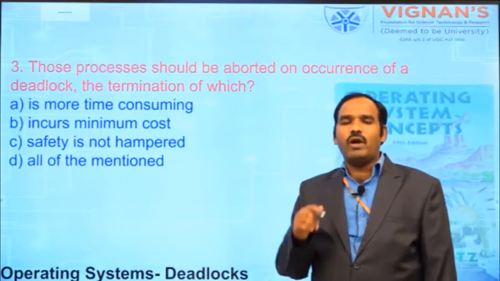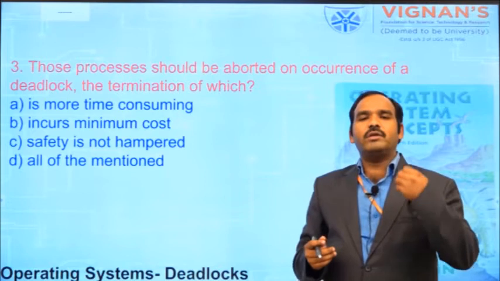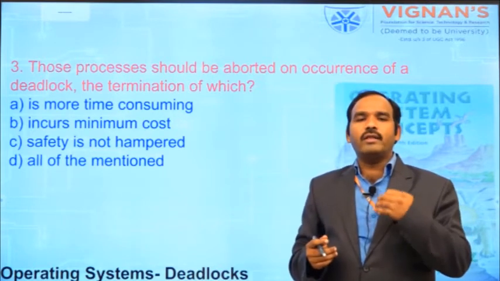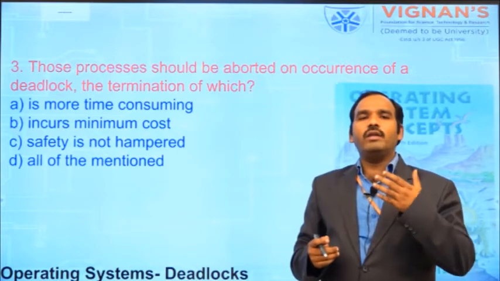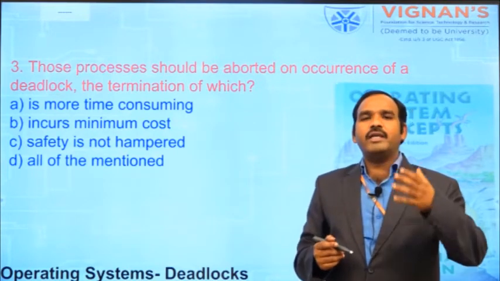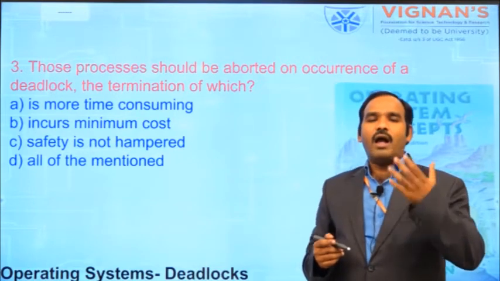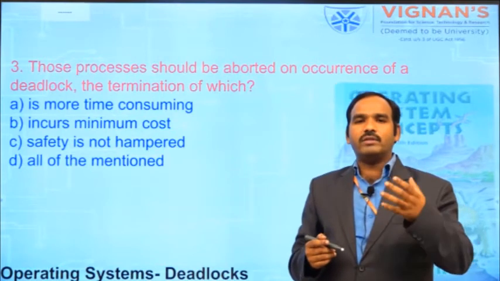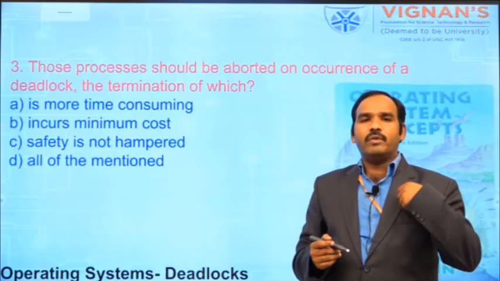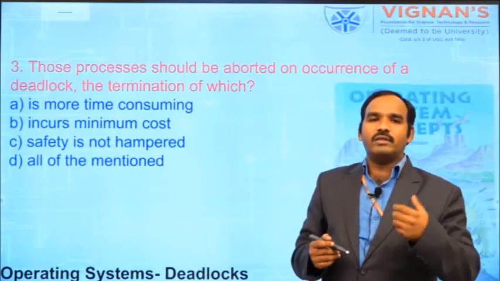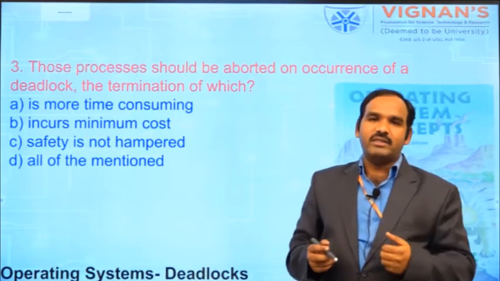Here in this lesson what we studied is, whenever we are trying to recover a system from the deadlock, we are going to take the cost factor. That cost factor will be decided based on various parameters. One is the priority of the process, otherwise how many resources the process needs to complete the execution, or how many resources the process will release if the process is terminated, and what is the remaining time to complete its execution.